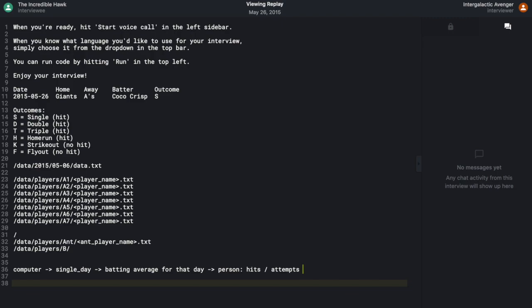Now, this gets into an interesting question. You're incrementally building up these player files, but all in parallel. One thing that is not available in this file system, and that's true for a lot of file systems, is